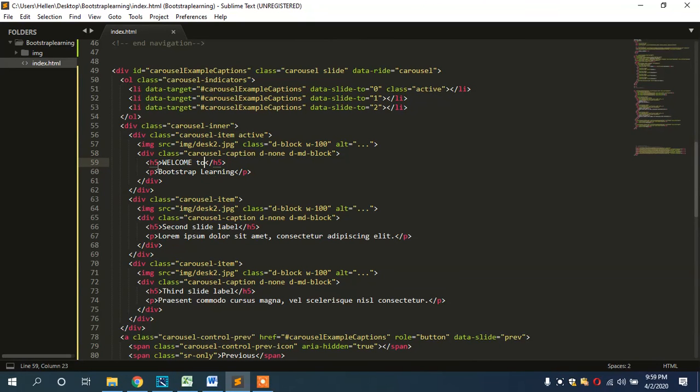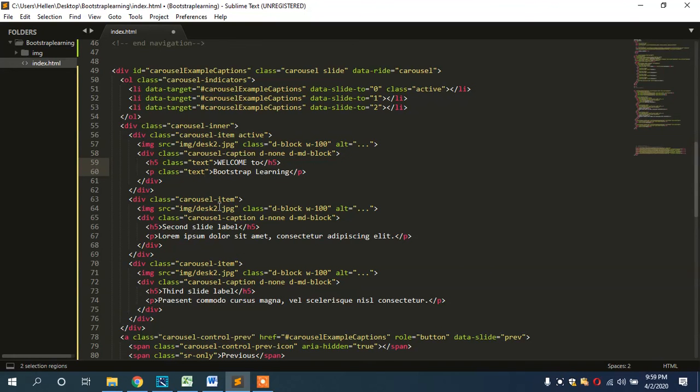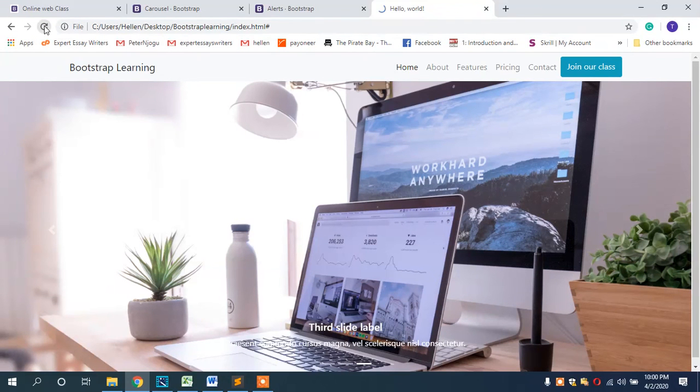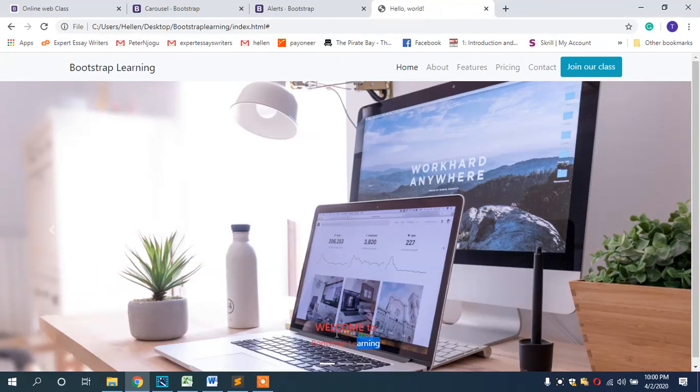Let's give this a different look, give it a class. So class is equal to text-danger. Don't mind the kids. Okay, now when you refresh, you're going to be able to see Welcome to Bootstrap Learning. Yes. Okay,